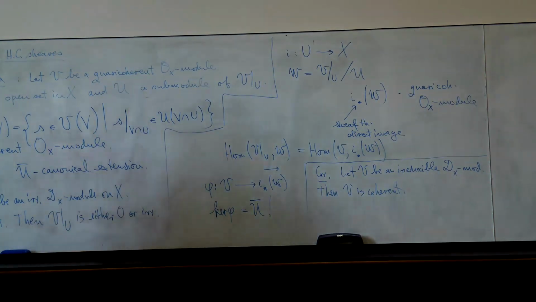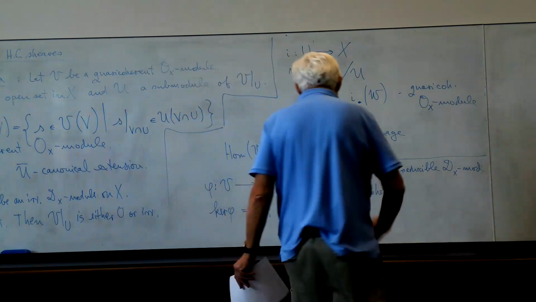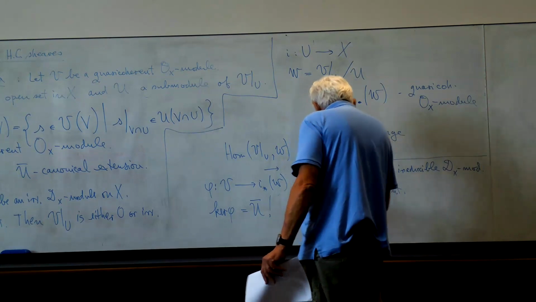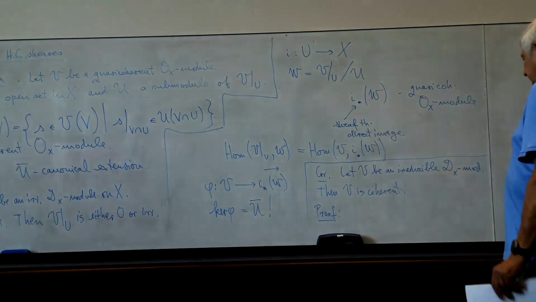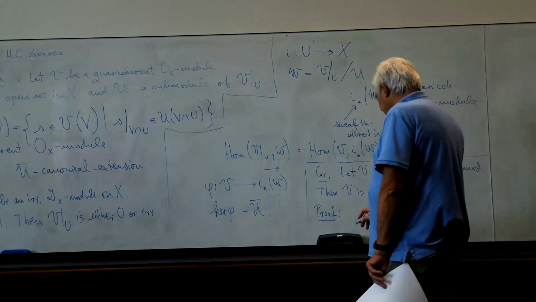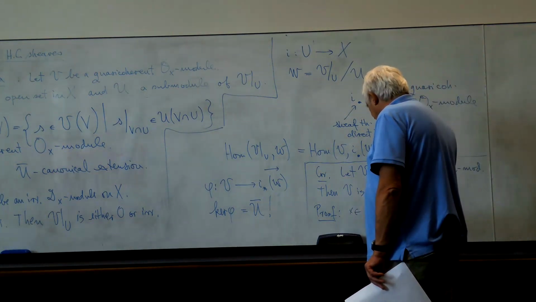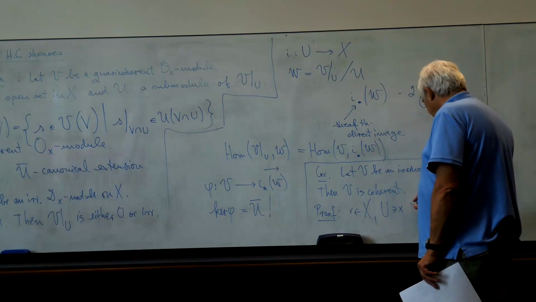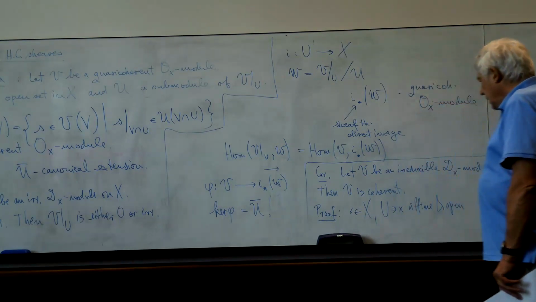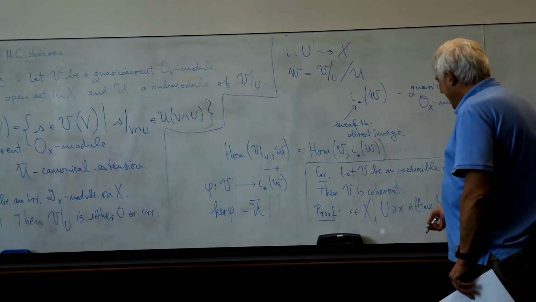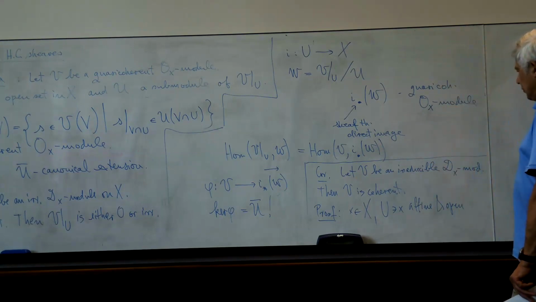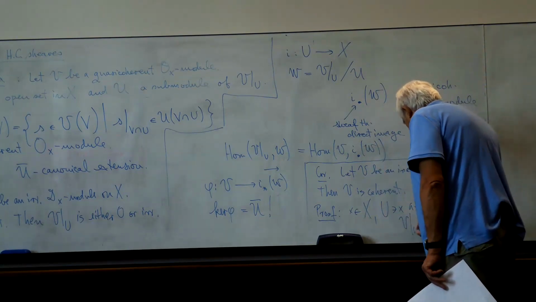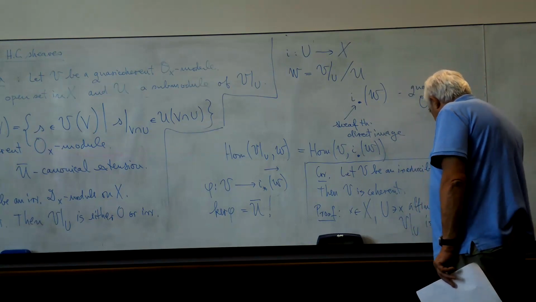The proof is straightforward, following this discussion here, because if I take a point x in X and I take U to be an open affine neighborhood, then either V restricted to U is 0,